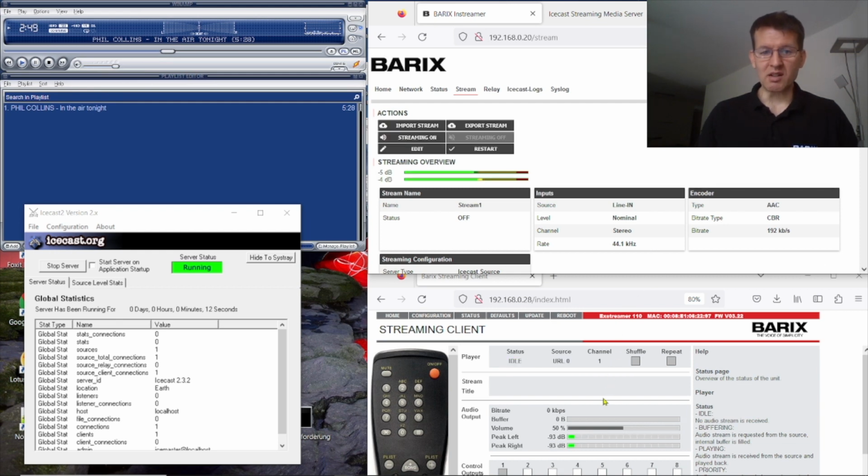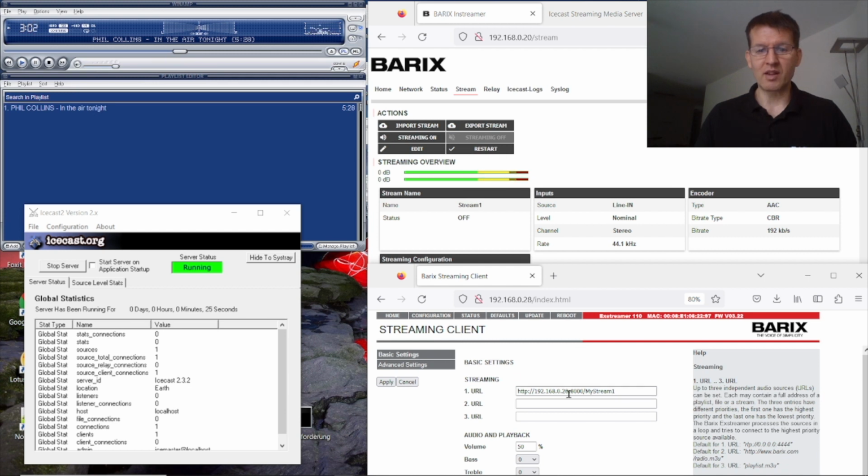So we see the InStreamer is not playing anymore because the InStreamer ICE is sending the stream now to the external IceCast server. That means we have to change the configuration, and my Xstreamer should listen to the external IceCast server.